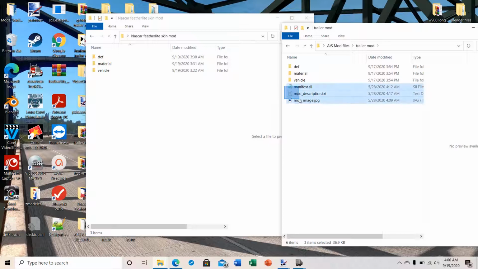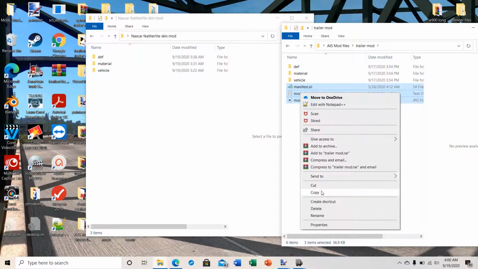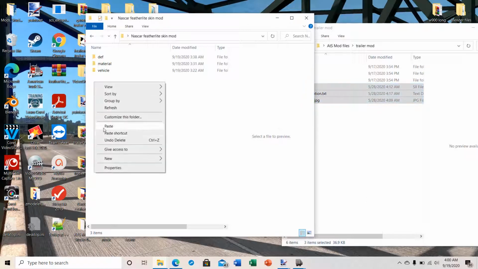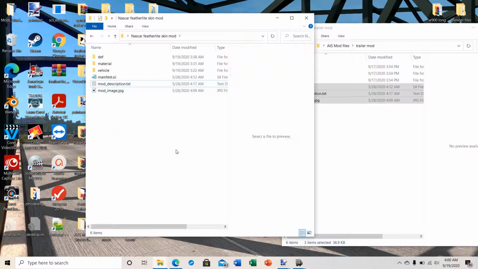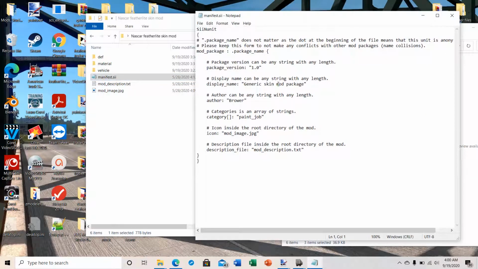If I copy these three files over and paste them, if you open the manifest, it's just a generic manifest. It tells who the author is, what the display name would be in your menu, what category it belongs to,